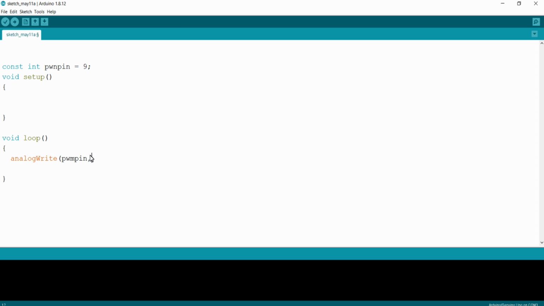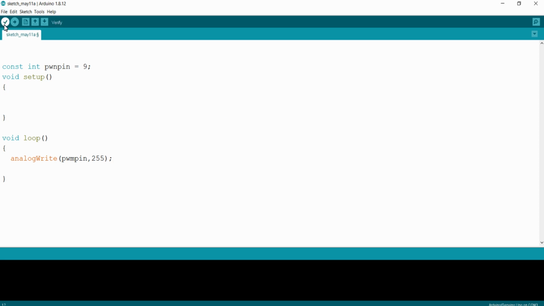The next parameter is the duty cycle value as per your requirement, and this value can be from 0 to 255 depending on your duty cycle percentage. That is, 0 means 0% duty cycle and 255 means 100% duty cycle. So let's give the maximum value 255.